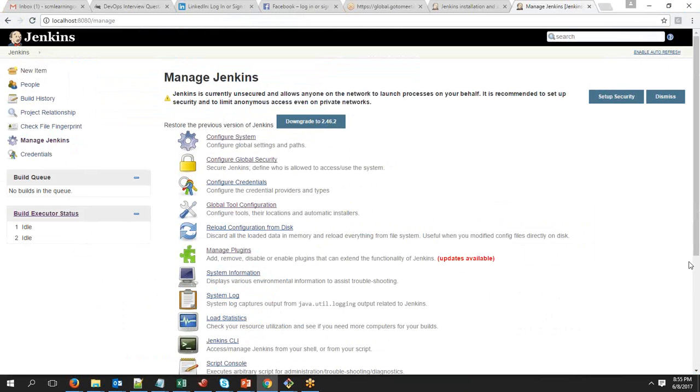Okay, so I'll talk about everything. Okay, don't worry. So now in the latest version of Jenkins, there is an additional option called tool configuration, because